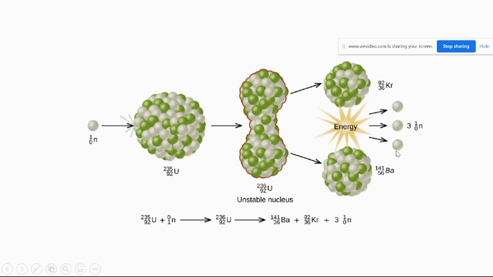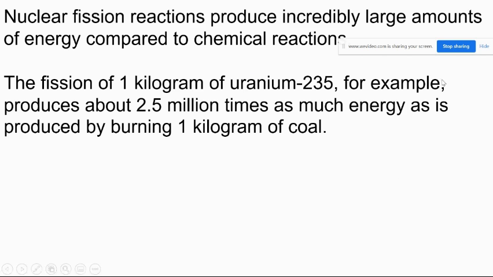Those 3 neutrons then can go in and hit more uranium. And then that would produce 9 neutrons. And then those 9 would produce 27. And those 27 would produce, I think it's 81. But you can see that that just keeps going on and on and on. That's called a chain reaction, where they just continue to produce more and more of these. And then that's giving off more and more energy. So in a nuclear power plant, they have to control that. And we'll talk about how they do that in a few minutes.